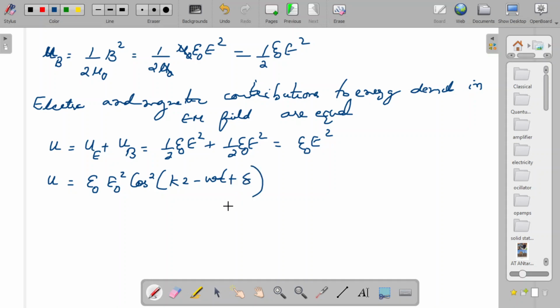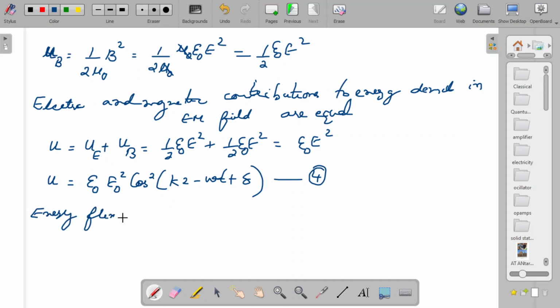Okay. Now, let it be this equation number 4. I can say that as the wave travels, this is the energy density stored in an electromagnetic field. Now, as the electromagnetic wave travels, it carries this energy along with it. Now, we have already proved that the energy